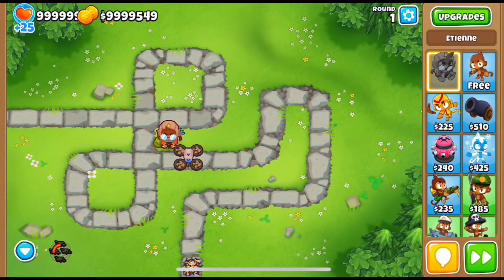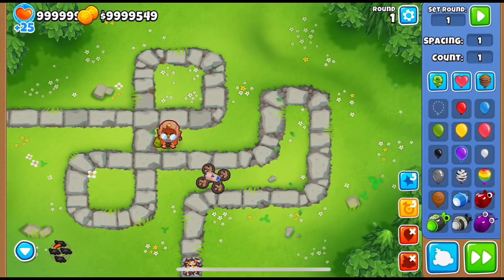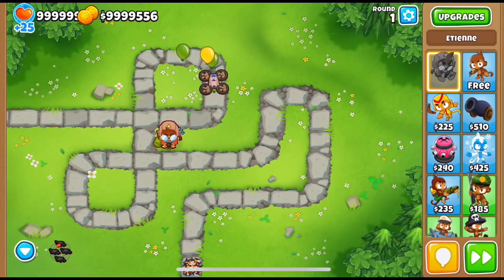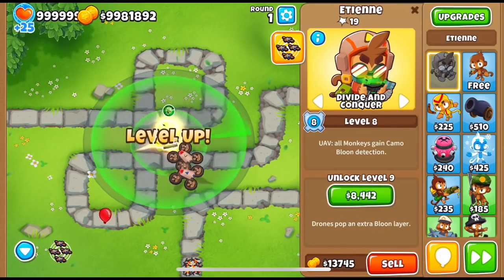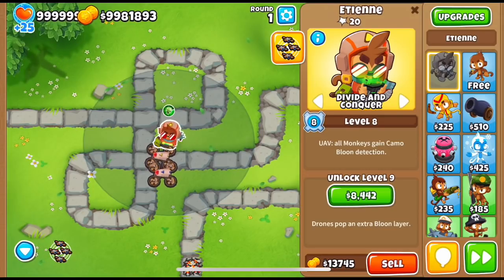So first off, the elephant in the room, or the drone operator in the room, called Etienne, I think. This hero is so fun to play, it's crazy. The hero himself doesn't attack, but he flies a drone that chases bloons while they are inside of his range. While most of his levels are just upgrades to the drones, them getting more popping power and their number increases, there is one level upgrade that is really cool and makes this hero that much crazier, and it's his level